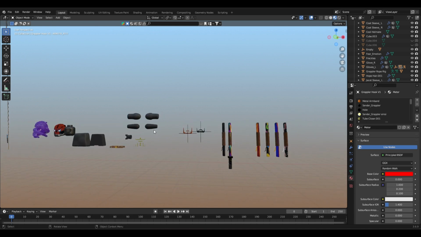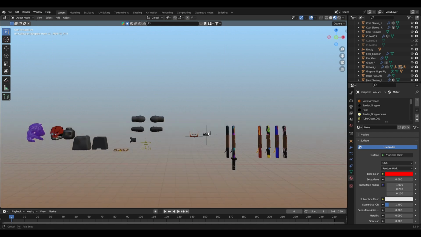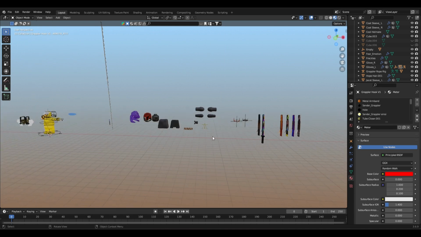But yeah, this is all the assets that I've created, and if you guys want it, it'll be on the Gumroad,